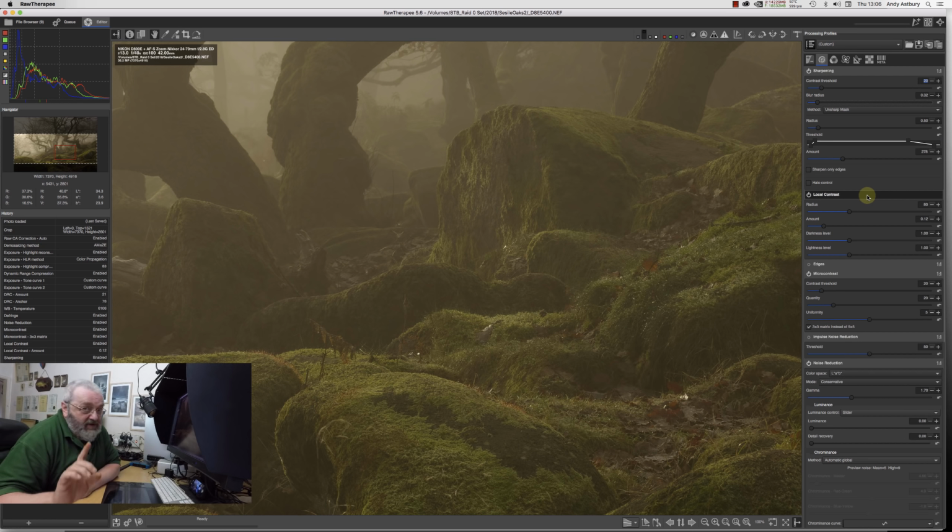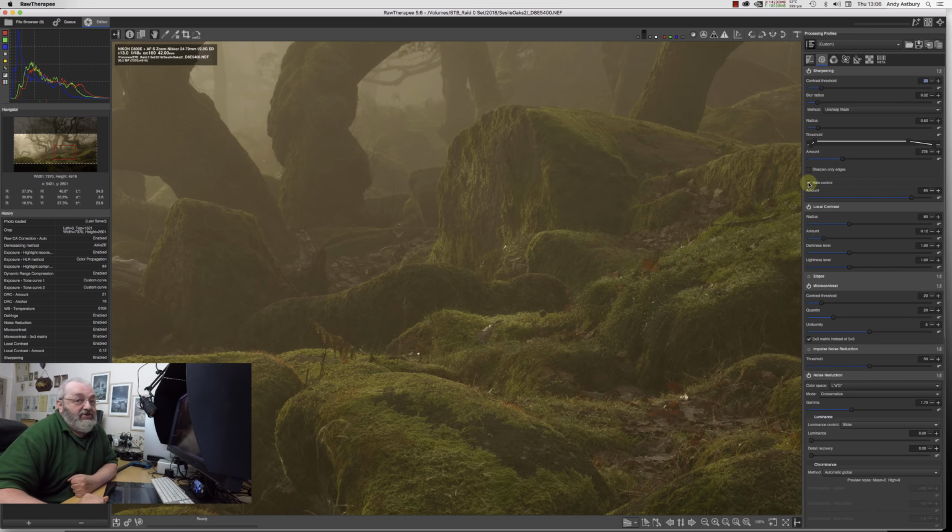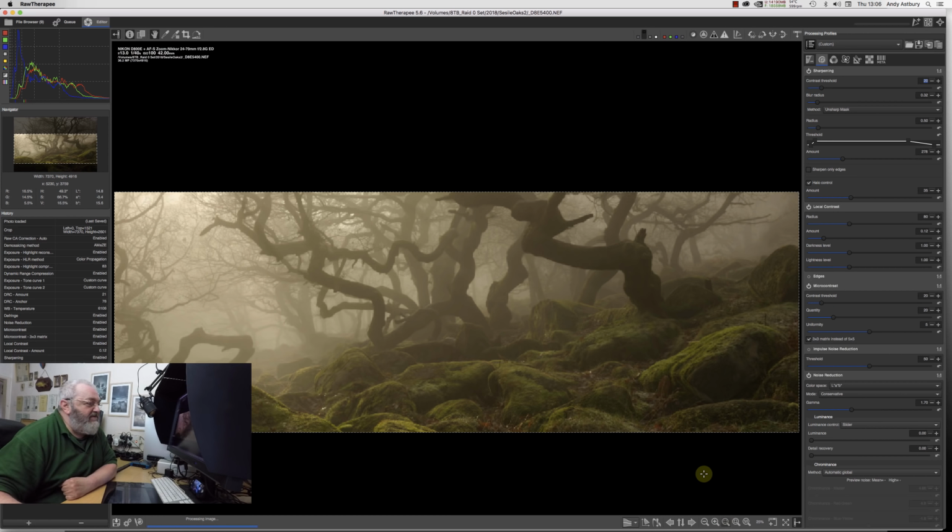The last thing we can do to control halos is activate halo control. Yes, don't get this in Lightroom either. So by default it comes in at 85. I'm just going to turn it down to around about the mid-30s. And there we go. Now for me, this image, if we come out to a fit to screen view,